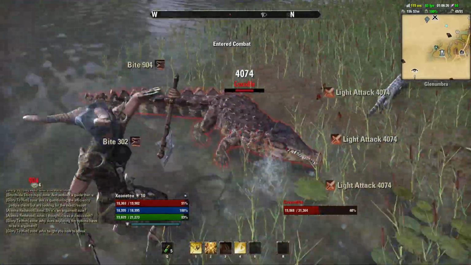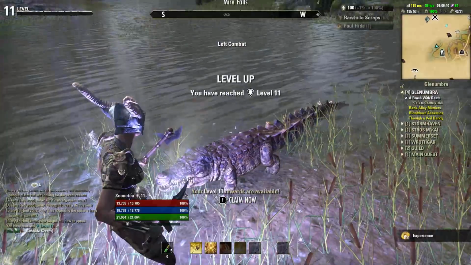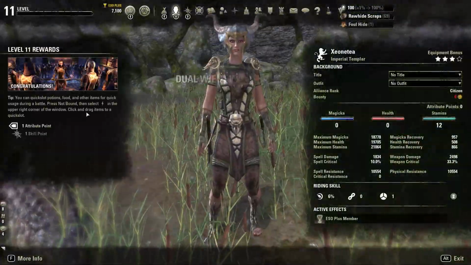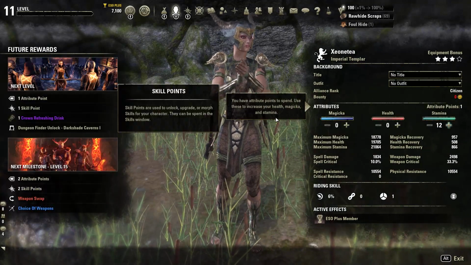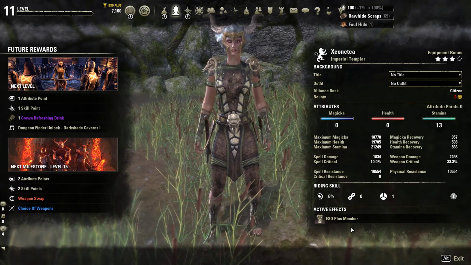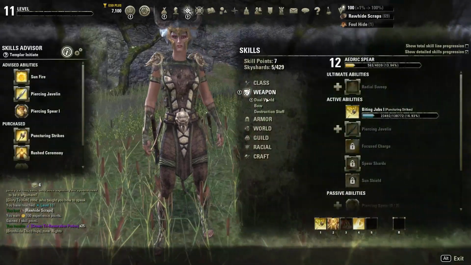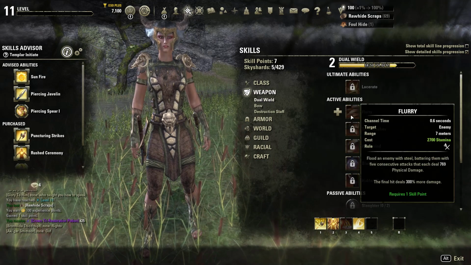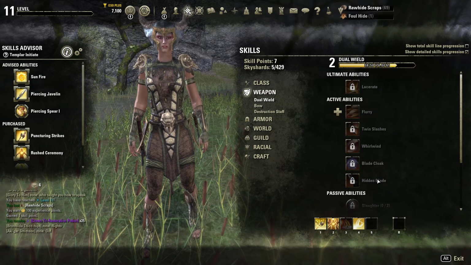So you basically can't go to a skill tree until you start actually killing with it. There you go. Got leveled up to level 11. Dual wield is up to 2, so there we go. That's good. So obviously we'll dump that into stamina. And now I have to get my dual wield skill tree up so that I can start to increase that. So see, that's now activated. Fury is the first one, and we're going to work our way all the way up to...